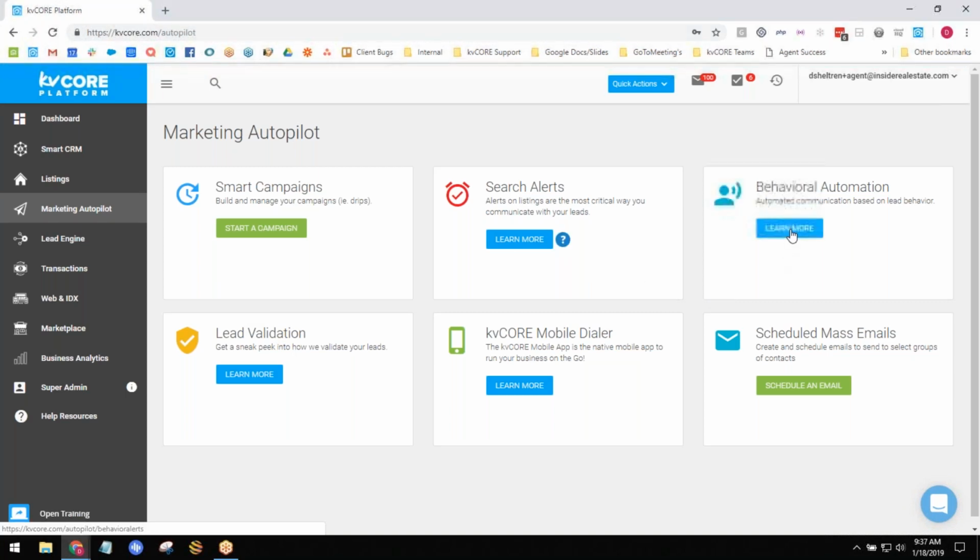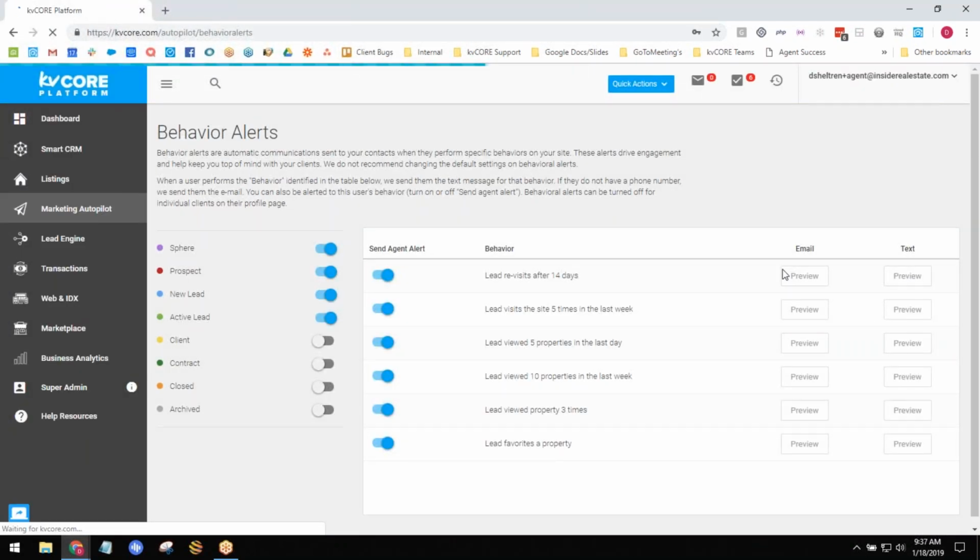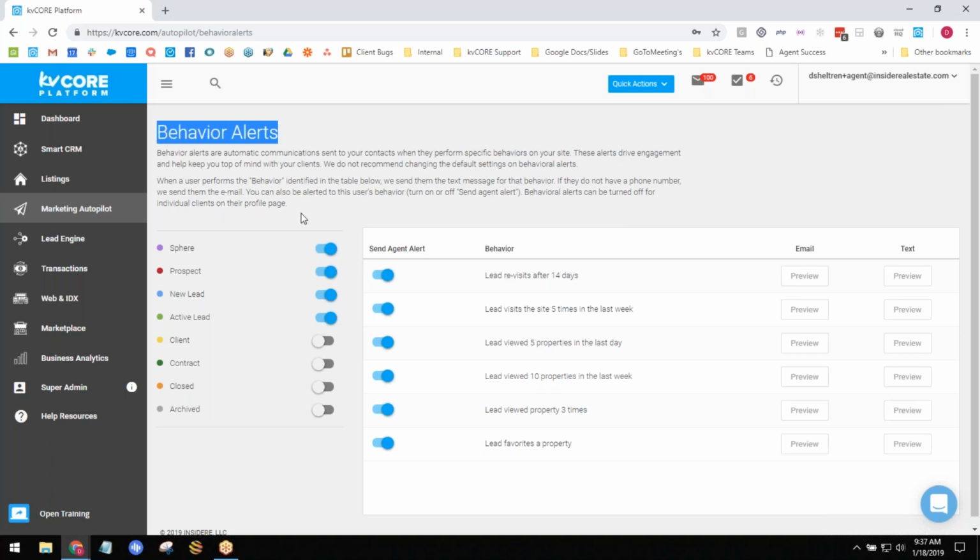So just to kind of reiterate for everyone, your website, your personal website, is going to be your front gate to your KvCORE system. Aside from anything you're doing like Realtor.com, Zillow, and getting those leads zapped into your CRM, your website is going to be one of the most fundamental or cornerstone tools to get out there and market, so that you can get as much activity on that website as possible. We want to see what they're doing, when they're doing it, how they're doing it, how often they're doing it, and a bunch of other stuff. So the reason for that is we have these built-in behavioral alerts.